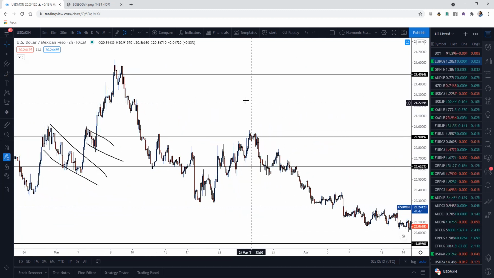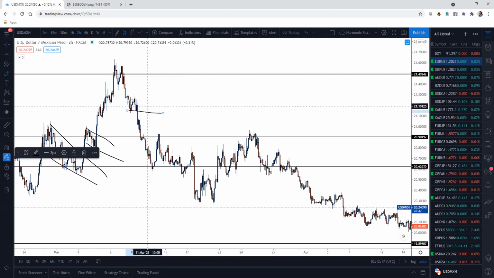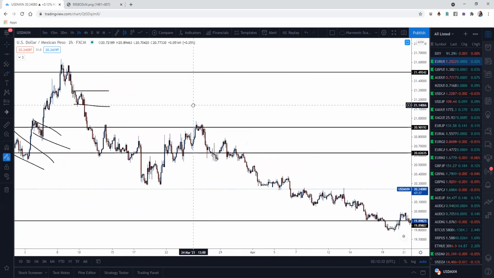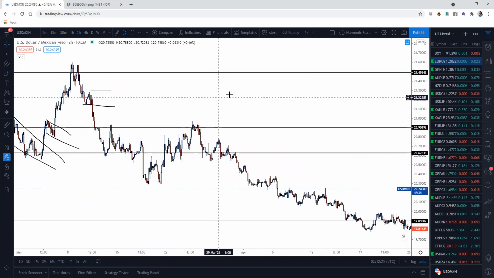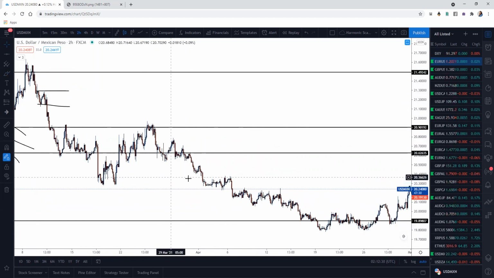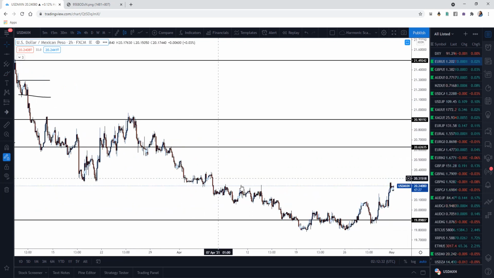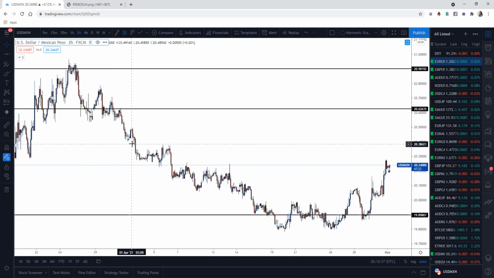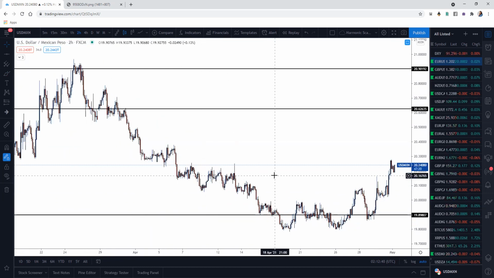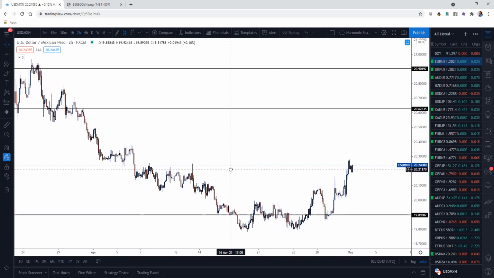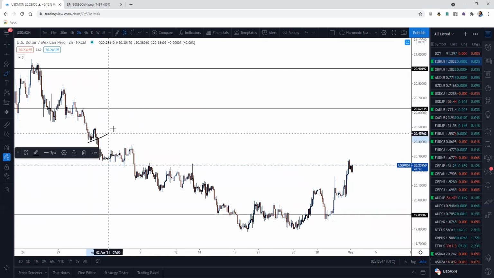Trying to make this as simple as possible. Flag. Continuation. Right? I see a flag here, but I don't want to make this complicated. It's supposed to be for beginners, market structure. Cool. So let's go. Flag,